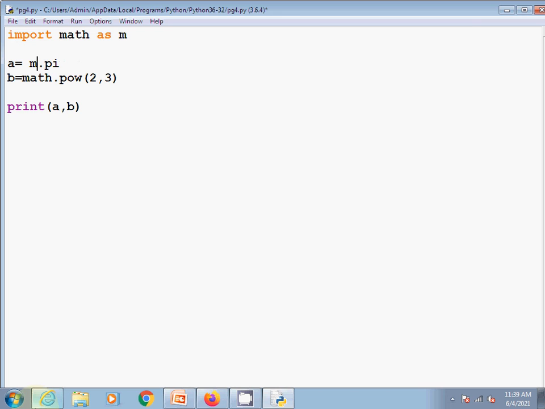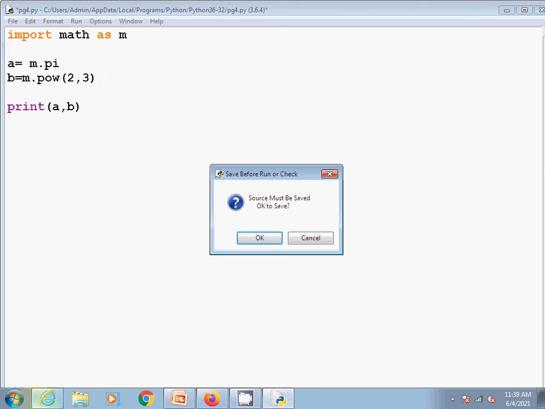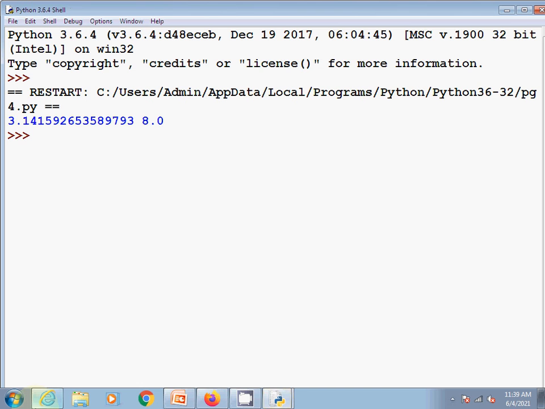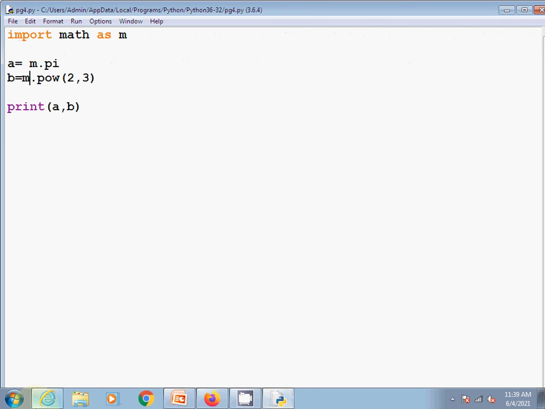Now you have to access the functionality of the math module by using the reference name, that is m. See, by using m, now you can access the functionality of that particular module. See here, correct?